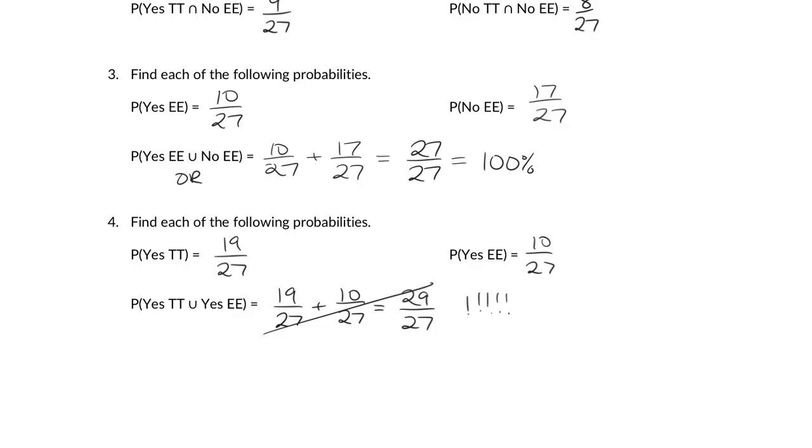Well, I'm adding the 2 probabilities together and it's too big. Subtract. My friends, if we're actually trying to find this, we're going to add the taco tongue, which is 19 over 27. We're going to add the yes evil eyebrow, which was 10 out of 27. But we have to subtract the people I'm double counting. How many people could do both? Yes taco tongue and yes evil eyebrow? How many people were yes to both?